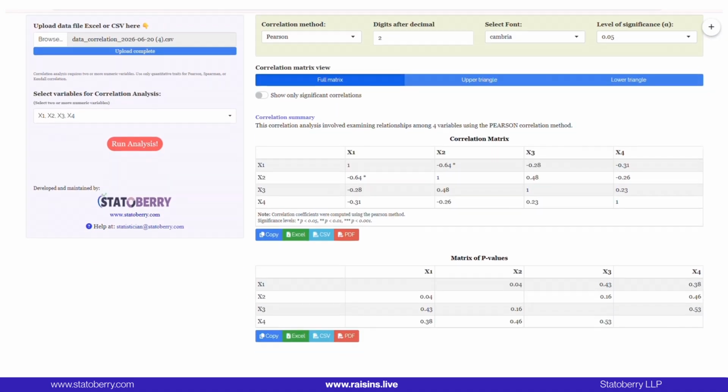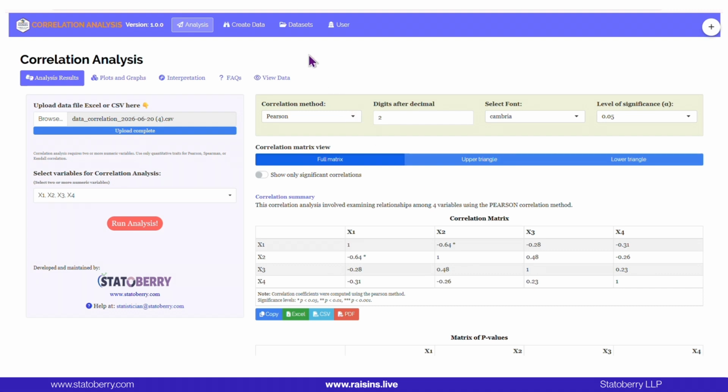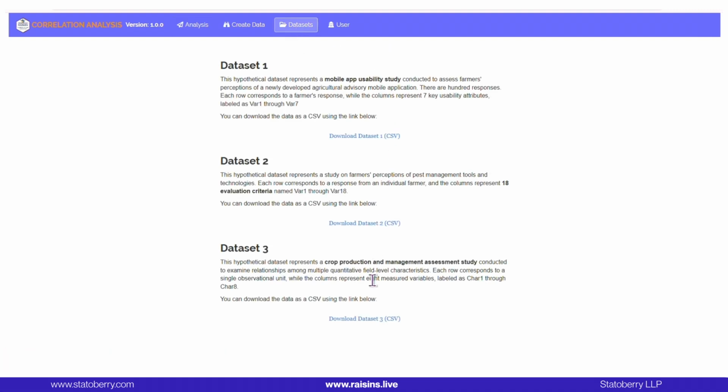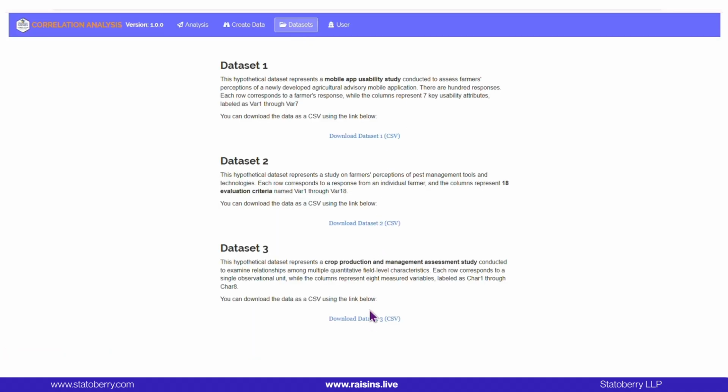In addition to the Create Data option, RAISINS also provides 3 model data sets within the Correlation Analysis module. These sample data sets can be downloaded and used as references to better understand the required data set structure and formatting. You may download any of the available model data sets and use them as a guide while preparing your